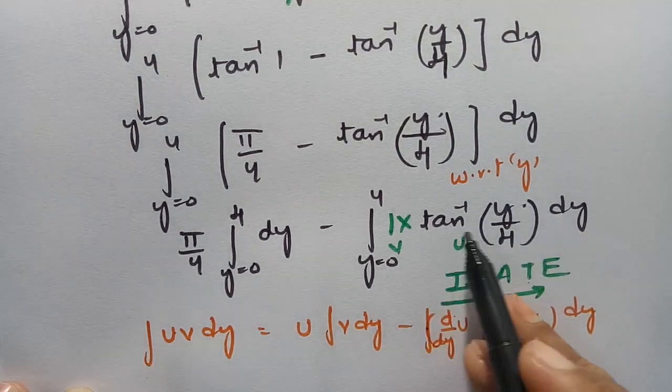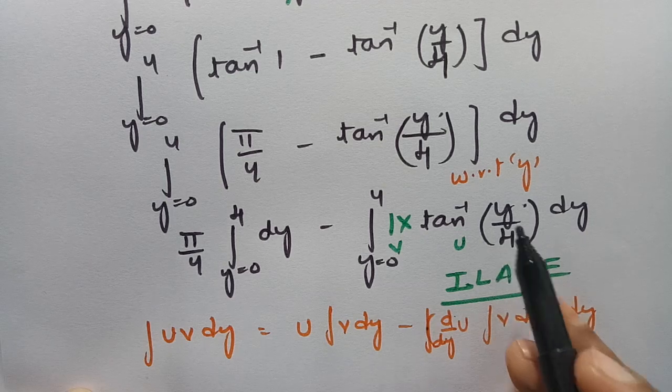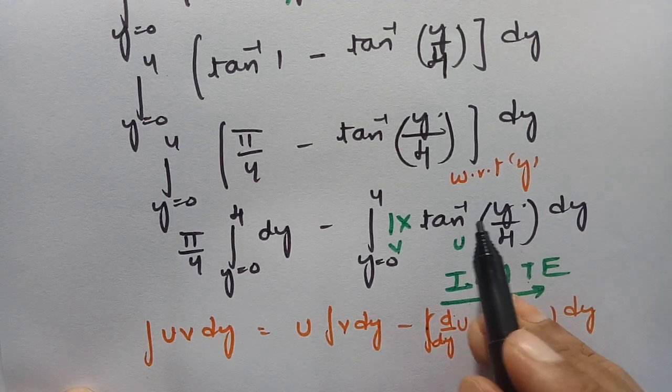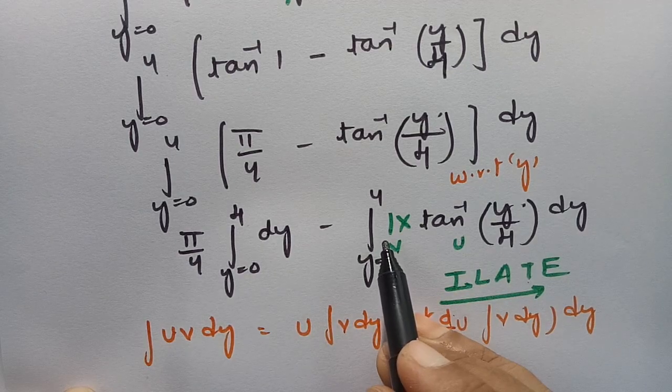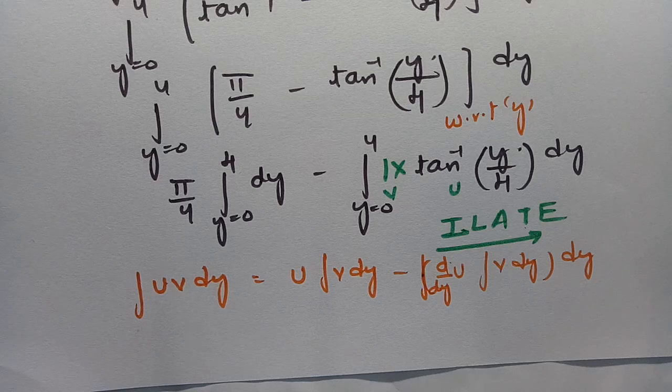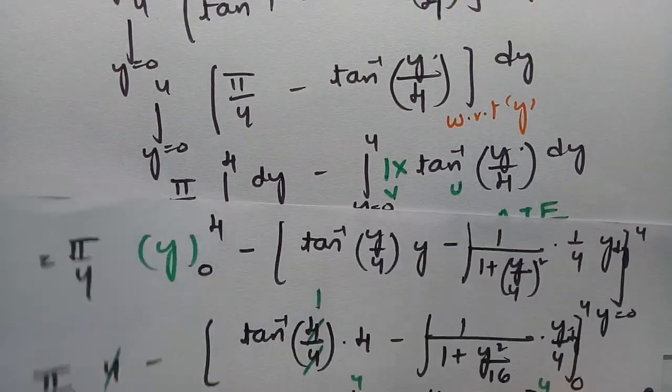So we have to use integration by parts. How do we choose? We take the inverse trigonometric function as the first function and the algebraic function as the second function. So this is the formula. In this formula, if we apply it, here is the logic.